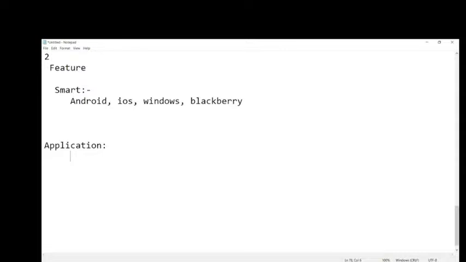Applications we can build using different languages, that is Java, .NET, Python, Kotlin, etc. There are many, and we can build those applications using them.